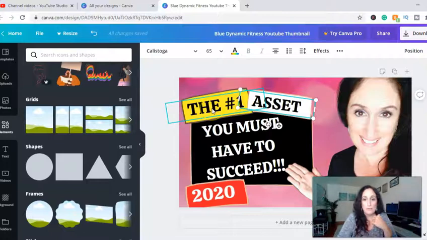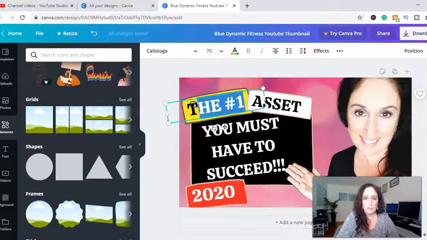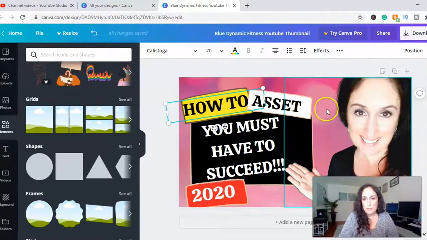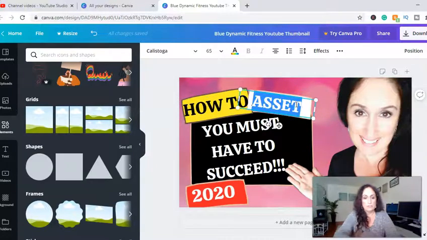So we're going to name this. So I'm going to click in there. I'm just going to highlight that, right? And it's going to be how to, and then I'm going to click off, and I'm going to go back here, and I'm going to change it to add